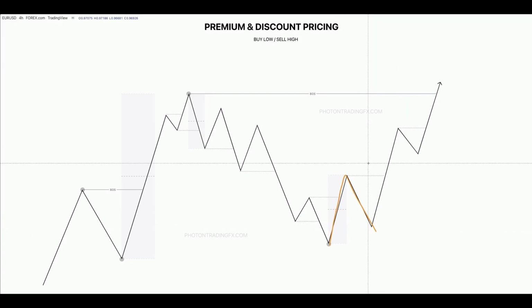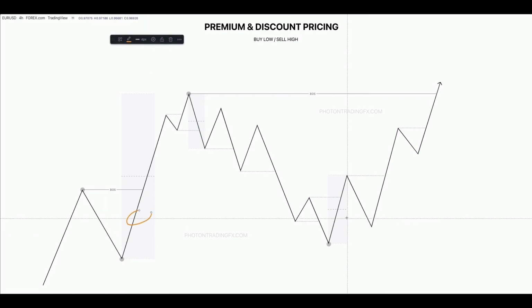Now, again, you don't have to have it in your plan that price has to be in the discount of the swing or of the internal. It's just another tool to help you increase the probability of where those turning points are most likely going to form, okay? Now, another key point here actually that I'll end this lesson on,